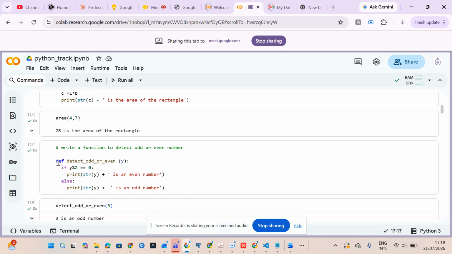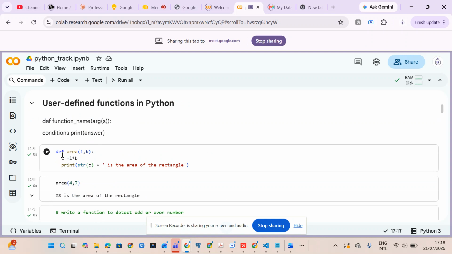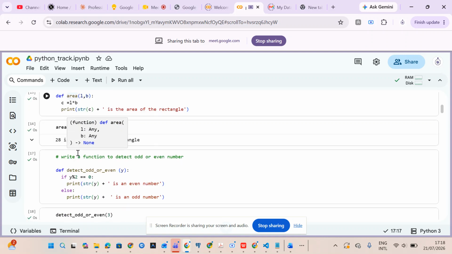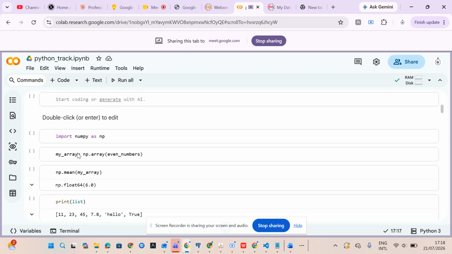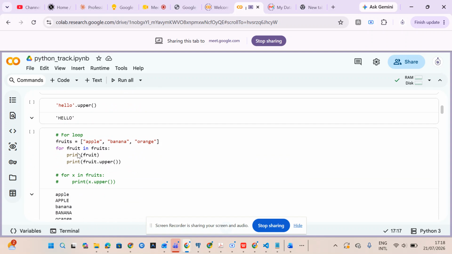If it's to define a function, it starts with def, define, or even here, define area, right? If it's to be a function, it starts with def, like you're actually defining a function that can be used on anything. But this is a for loop,